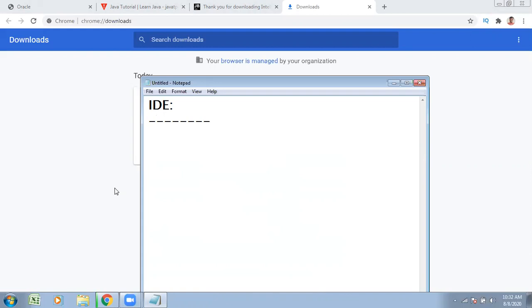What is the need of this IDE, sir? Previously, before IDEs came into existence, we used editors like Notepad editor and Edit Plus editor. There we wanted to type the Java program. After typing, we have to compile through the command prompt, and a lot of steps are involved. But these IDEs are helpful for user-friendly application development.